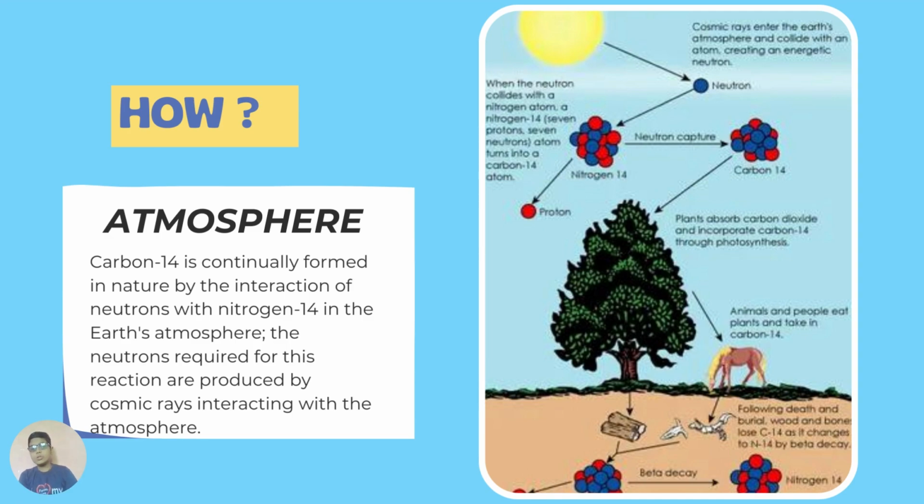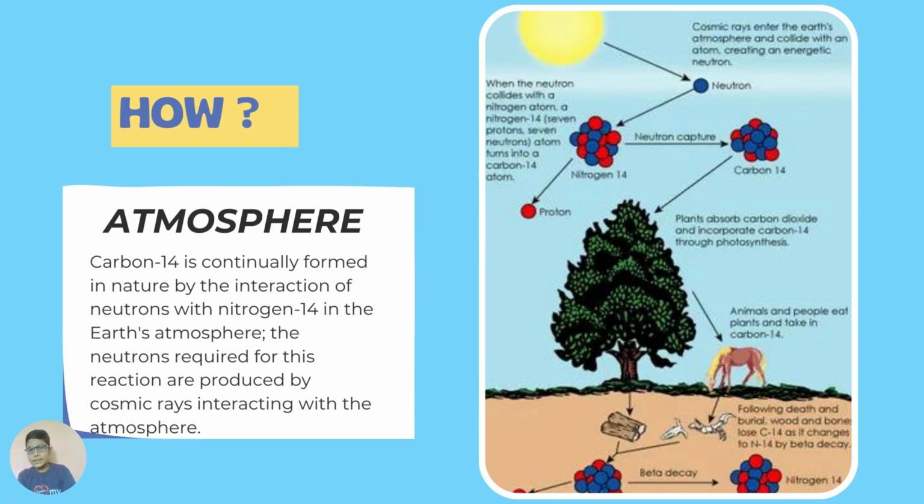And this horse also died and left some skeletons. Following death and burial, woods and bones lose C14, meaning carbon 14, as it changes to N14 by beta